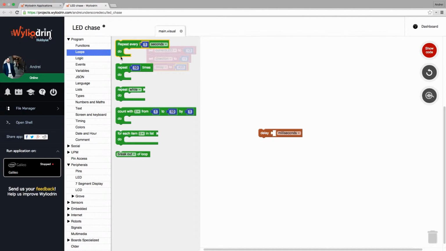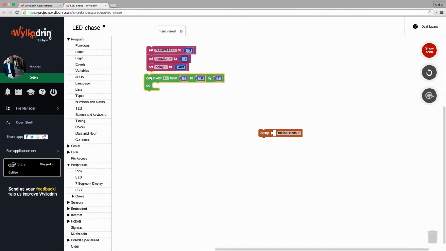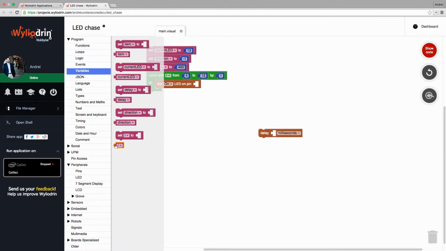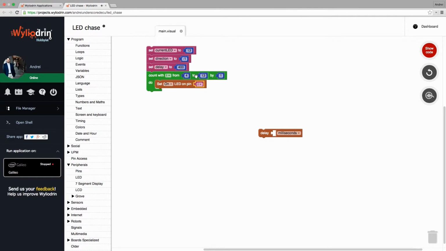Moving on to the loop now. We're basically going to initialize our LEDs. So counting from 4 up to 13, one at a time, we're basically going to set the LEDs on and off. So go to Peripherals, under LED, set on pin I. We need to add this from the Variables tab here. Okay, so starting from 4 and going all the way to 13, all of the LEDs will first be turned